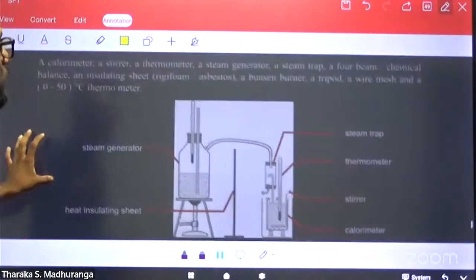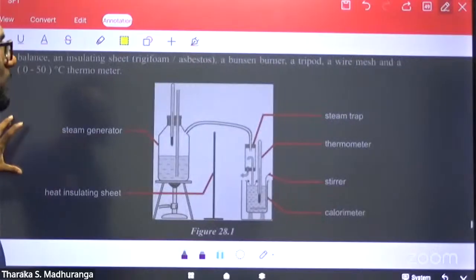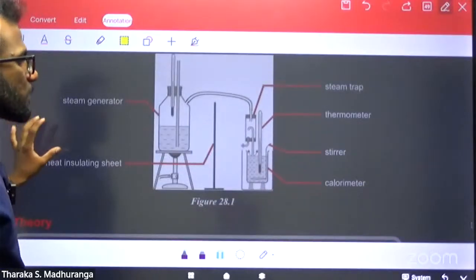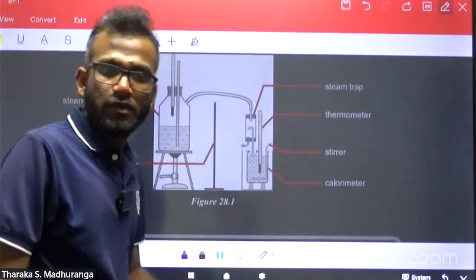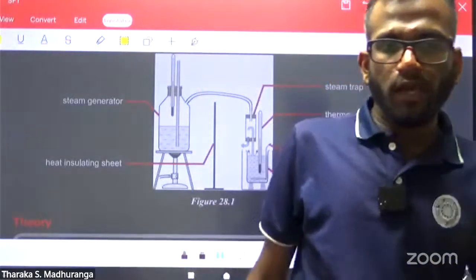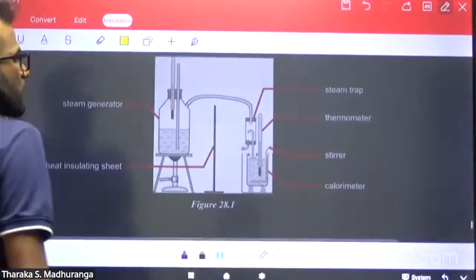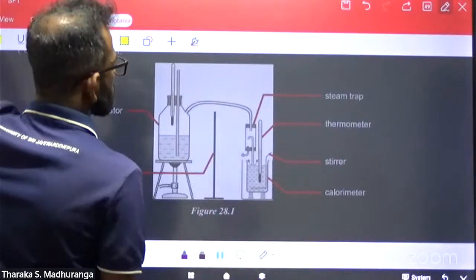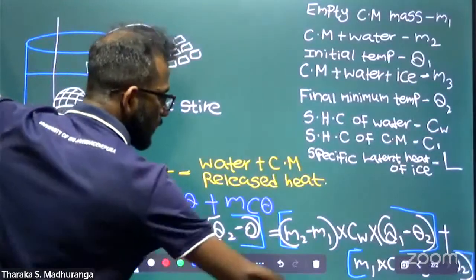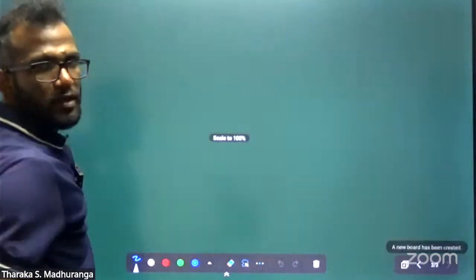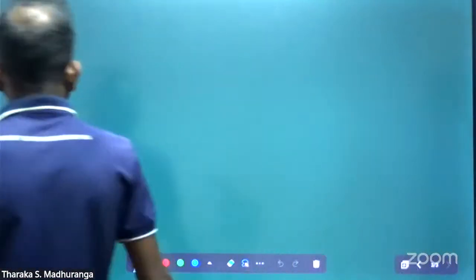Okay, let me show you and explain one by one what the parts of this instrument kit are and what their purposes are. I will draw the experiment kit on the whiteboard, then I will explain one by one. This one also was a 2017 full exam question. Okay, first of all